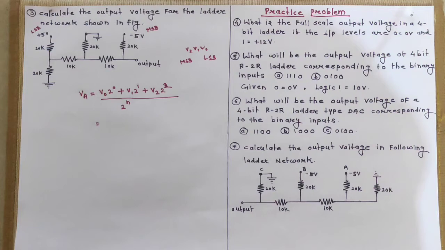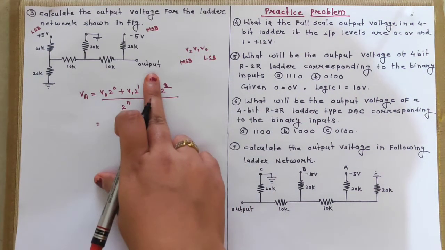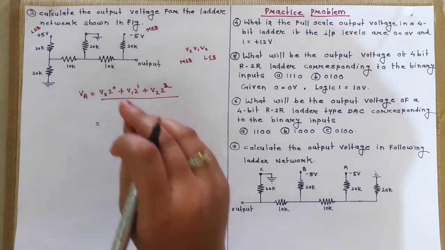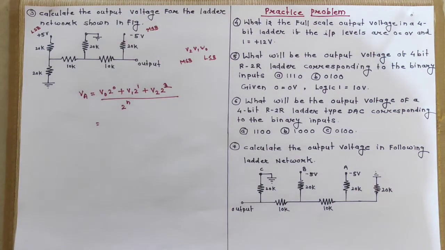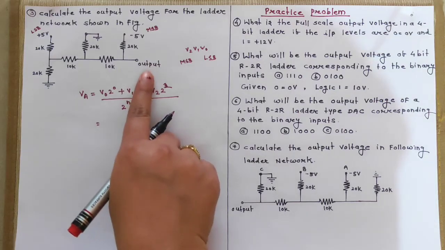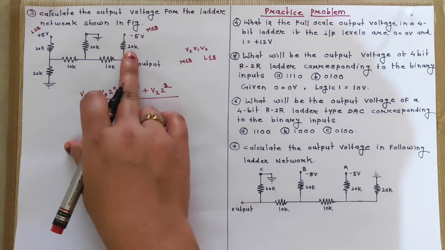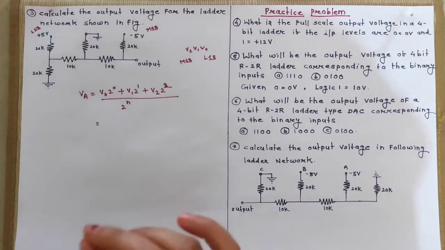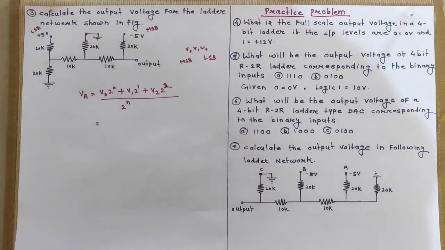या सेकेंड इम्पॉर्टेंट चीज़ याद रखने का तरीका ये भी हो सकता है, जहाँ से आउटपुट ले रहे हो उस साइड में जो वोल्टेज रहेगा, that will start from MSB। ये इसलिए बता रही हूँ कि कोई कोई प्रॉब्लम में आप लोगों को कन्फ्यूजन हो सकता है। तो जहाँ से आउटपुट ले रहे हो उसके साइड में ही जो रेजिस्टेंस रहेगा, जहाँ पे आपने वोल्टेज अप्लाई किया है, वो आपका क्या रहेगा, इन केस ऑफ R2R लैडर MSB रहेगा।